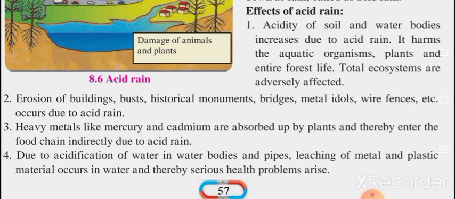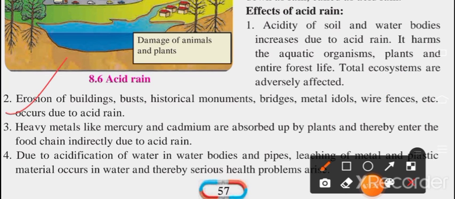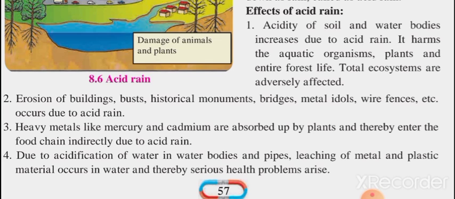Point number 2, erosion of buildings, busts, historical monuments, bridges, metal idols, wire fences, etc. occurs due to acid rains. Third, heavy metals like mercury and cadmium are absorbed by plants and thereby enter the food chain indirectly due to the acid rain. Point number 4, due to acidification of water in water bodies and pipes, leaching of metal and plastic material occurs in water and thereby